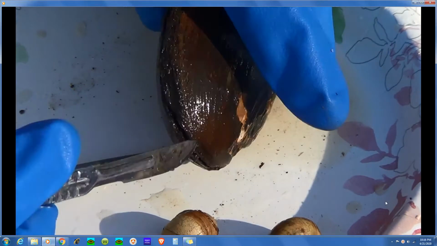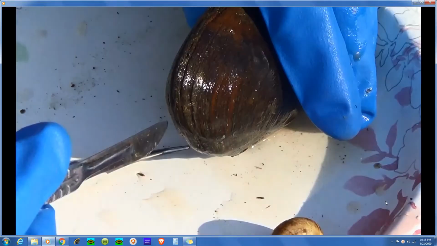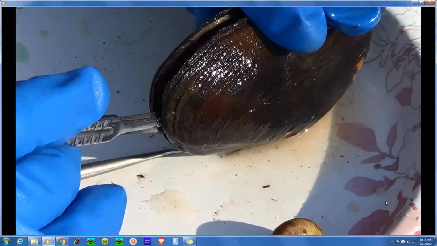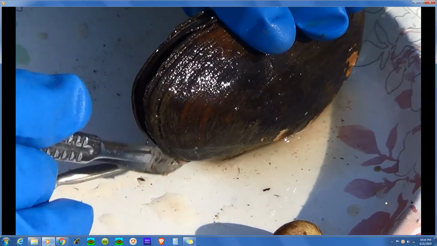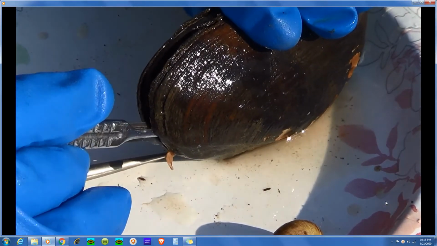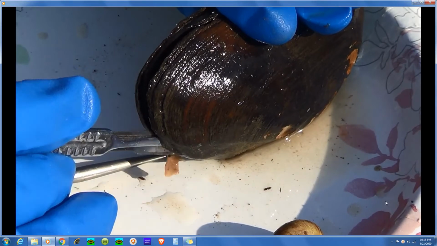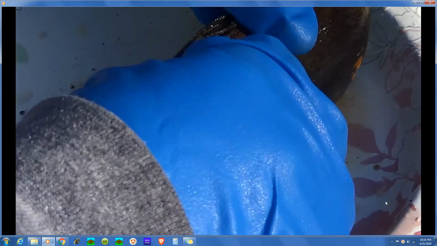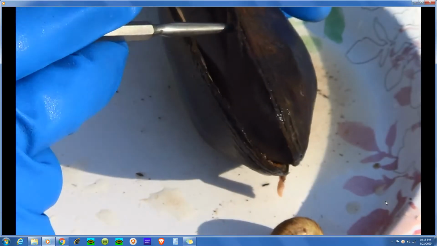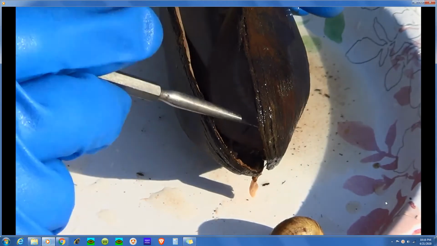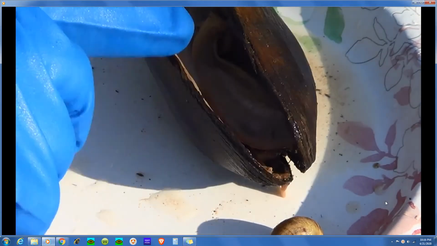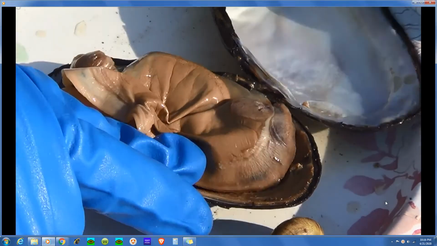Sorry for moving my hand in front of the camera. And I'm going to cut this adductor muscle. Should have grabbed the sharper scalpel blade. And hopefully that'll allow me to open up the shell. And when I open up the shell, I'm going to use my blunt probe. The blunt probe is your best tool in dissection. I'm going to separate the mantle away from the edge of the shell, and I'll open the shell up and